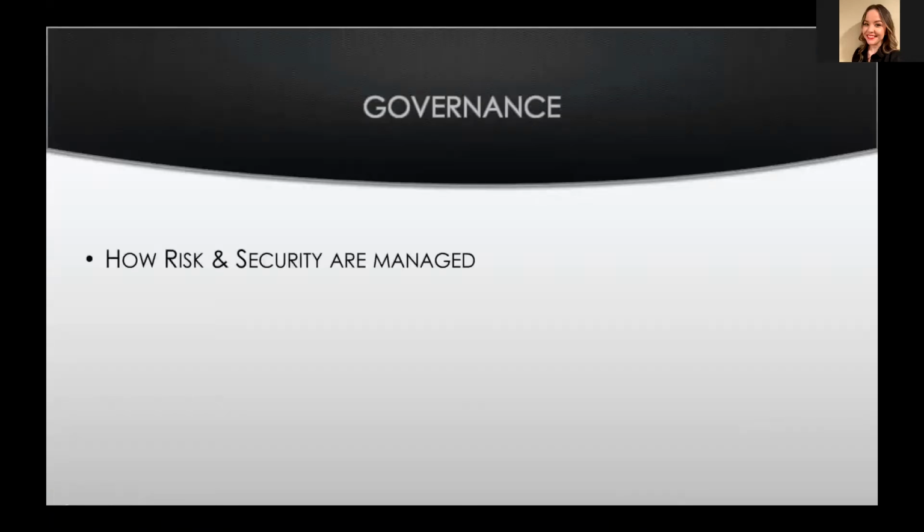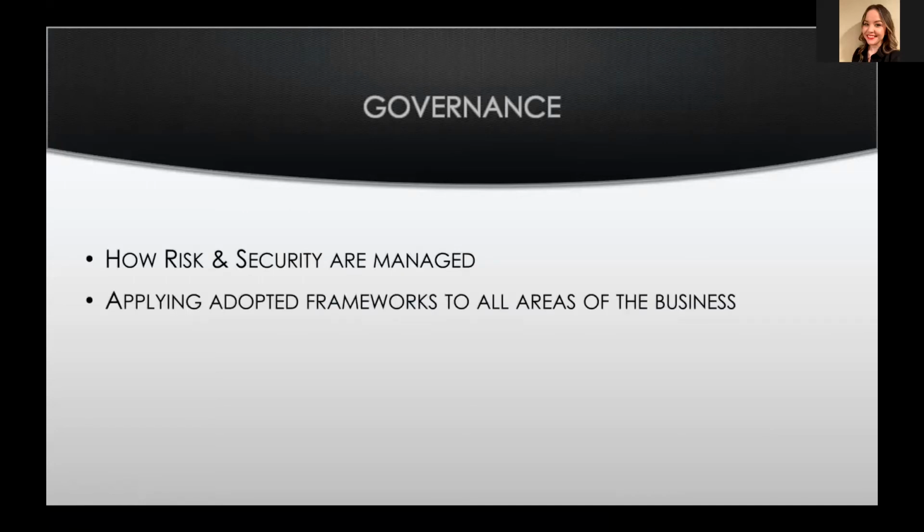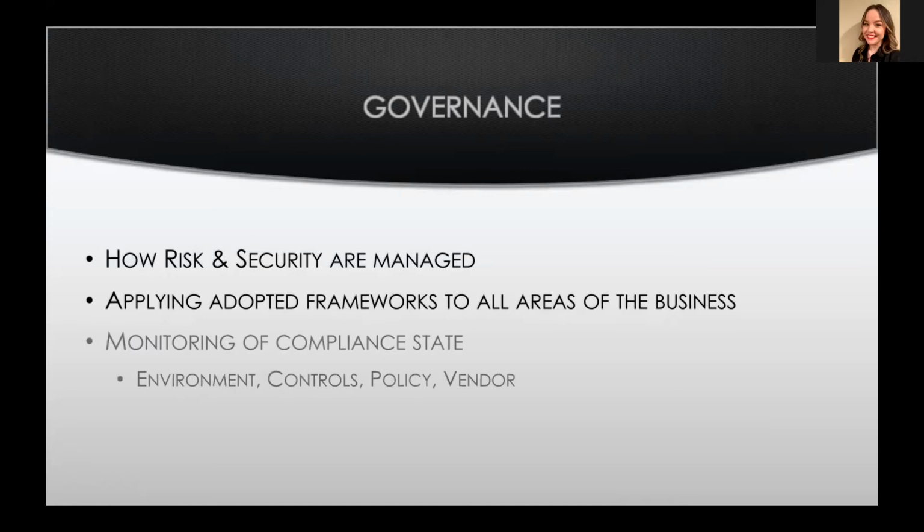An organization will adopt one at some point. A business has to have a blueprint for how they want to run things, right? So there's a set of rules essentially that says, here's how we're going to do business. And then we're going to take that and apply that to all areas of the business. That's really all this is: applying all of these requirements and regulations and then making sure on a regular basis it gets managed, right? So when we talk about governance, we're talking about making sure that the environment is configured in the way that our policies state that it should be. Having the controls in place that are required.